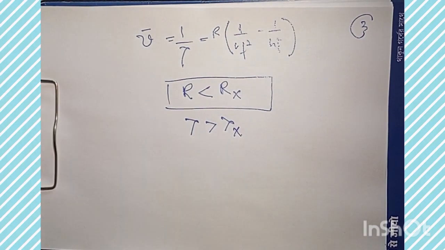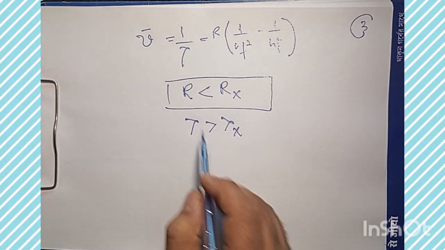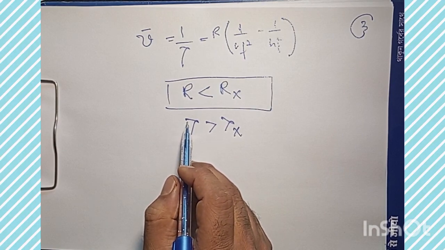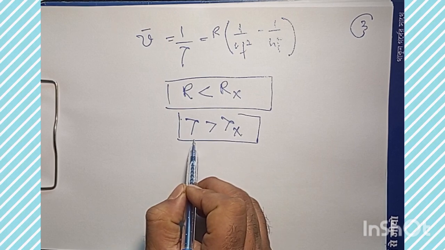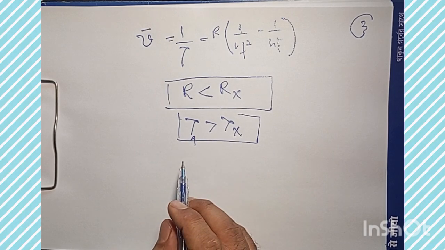So there must be a shift in the spectrum that we are looking for. The spectral lines will be shifted towards the increasing wavelength side